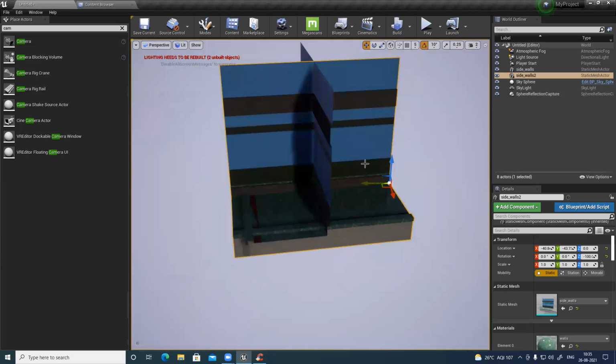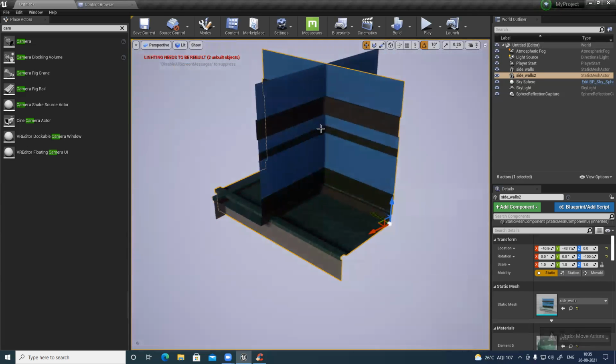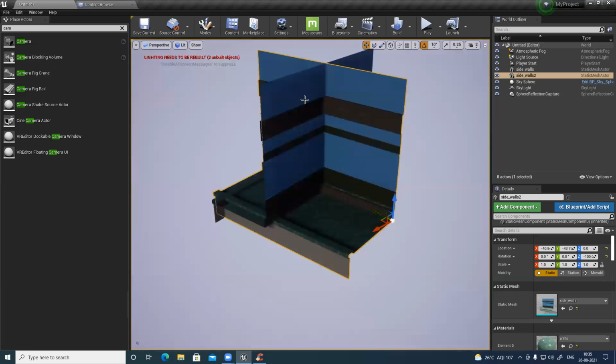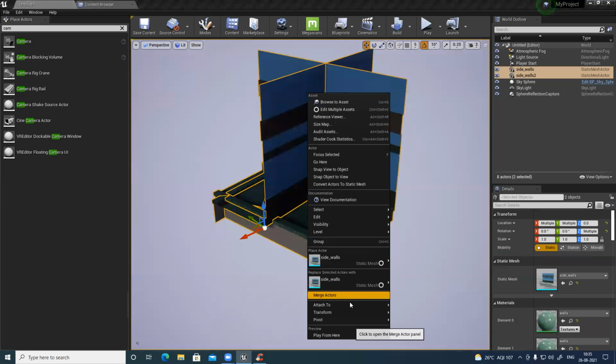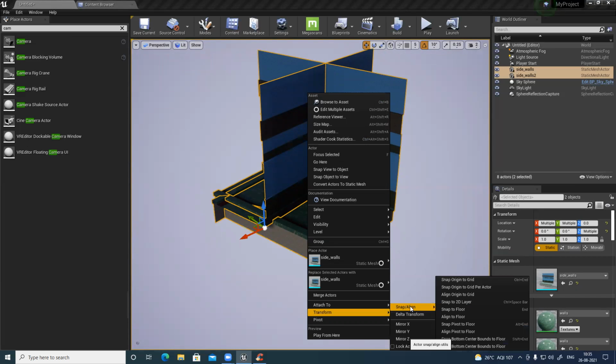So for that you have to make sure your pivot point is in center. That you have to do in Max itself. In Max or Maya, you have to do it directly and make sure its pivot point is center, then it will work. And let's see, align. Can we align this thing? Snap and align. You can see snap to grid, snap to floor. All the snapping is there, but you can see there is no snap to this another actor.